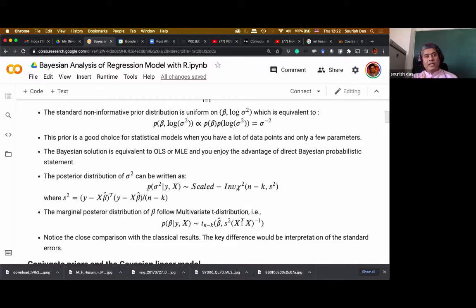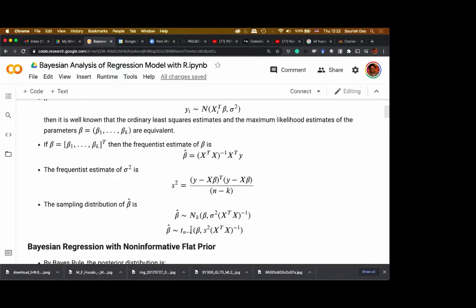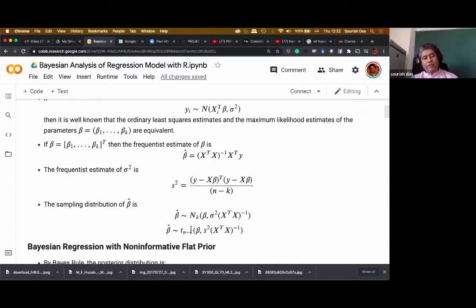So it gives us a sense of how far the true value can be, or in which neighborhood the true value is. That gives us a probabilistic statement based on a completely data-driven estimation. Whereas the sampling distribution is saying a very different story.